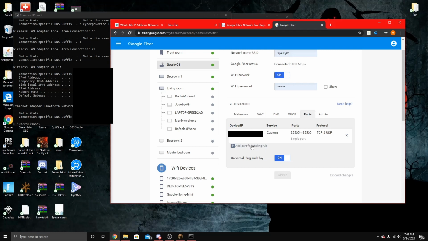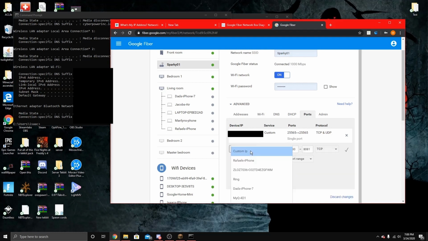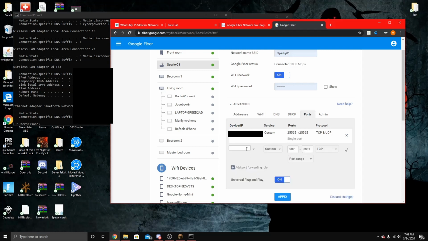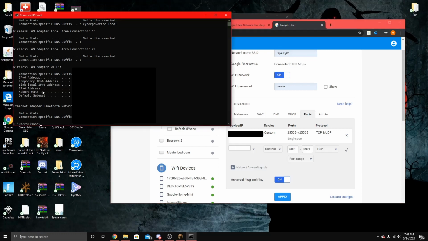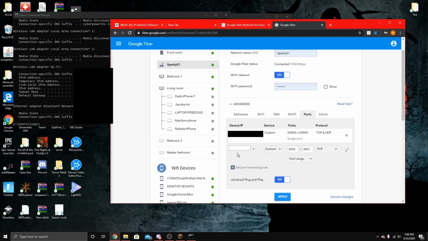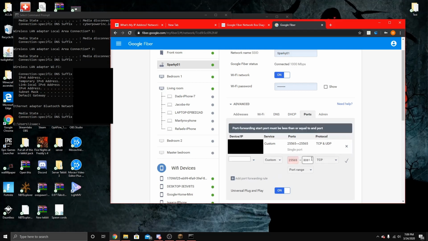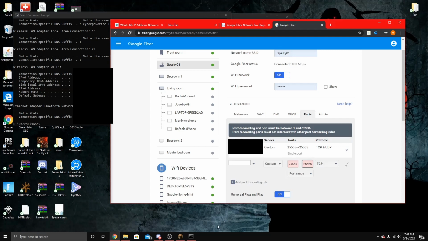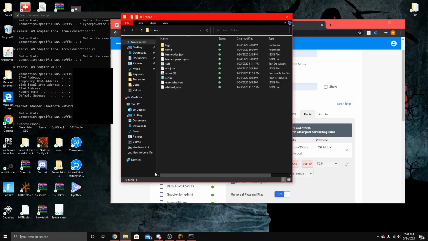So what you're going to do is just add a port forwarding rule. You're going to do custom IP. This is where your IPv4 address comes in. You're going to copy that IPv4 address and put it into that IP address right there. And then you're going to leave the service as custom, and then for the ports, for Minecraft it's going to be defaulted at 25565. If you want to change it, you can go into your server